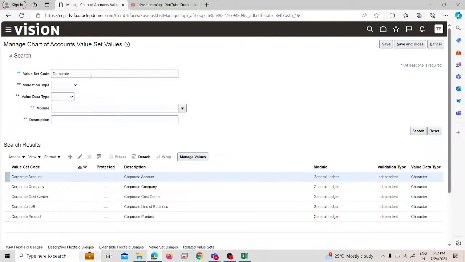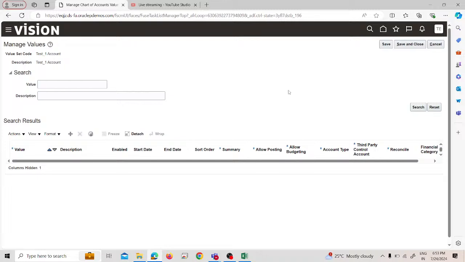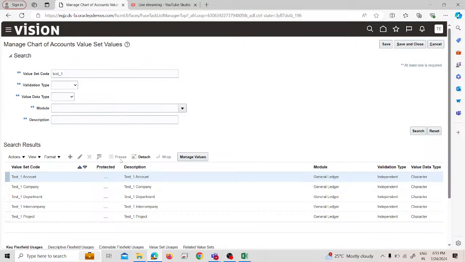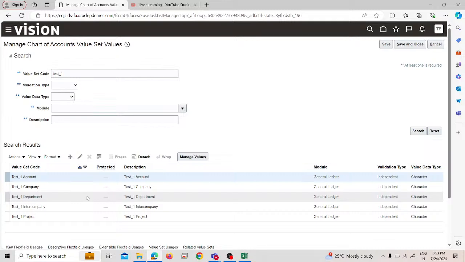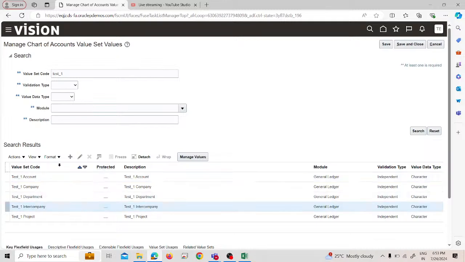So now we will just click on the test one again, and we add this corporate account to manage values. Okay, so we just click on the manage values. This side we will do layer. Okay, we'll just cancel it first. We will move to the, here you just click on add option, sorry, if we just leave the account for this time. Okay, now we will go and create the